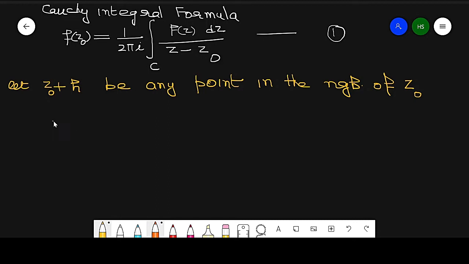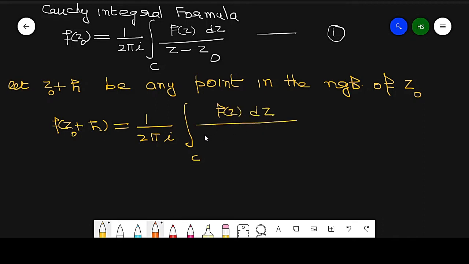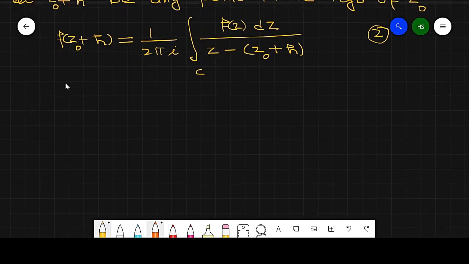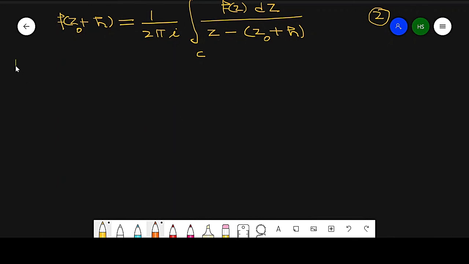So we get f of z naught plus h, which is equal to 1 by 2 pi iota integration c f of z into dz over z minus z naught plus h. So this is equation number 2. Now, in the next step,